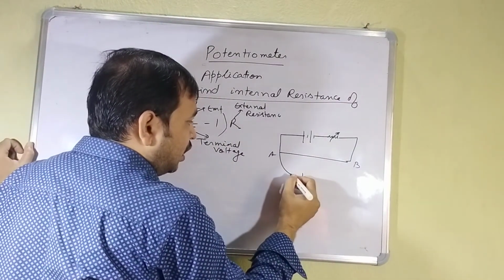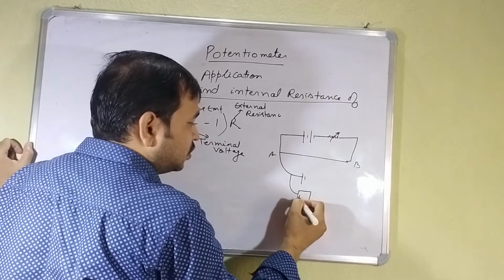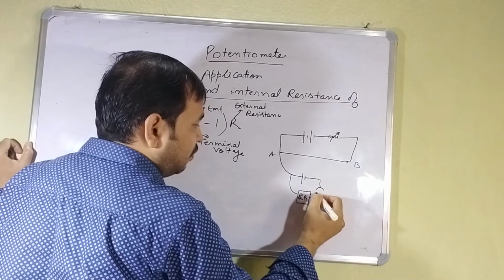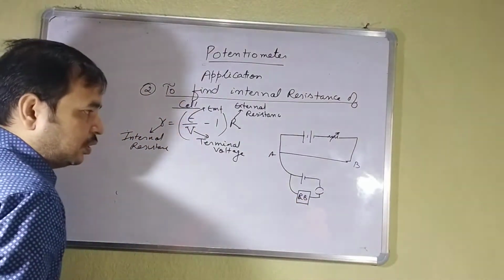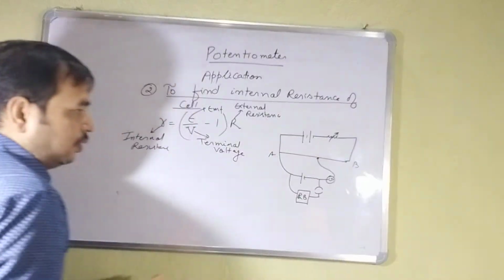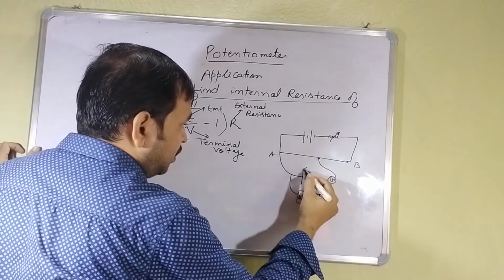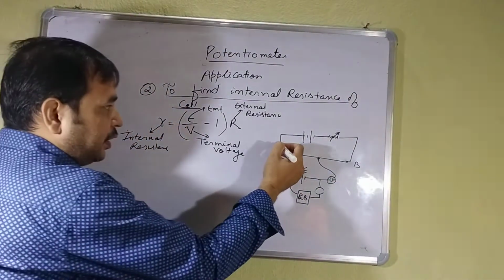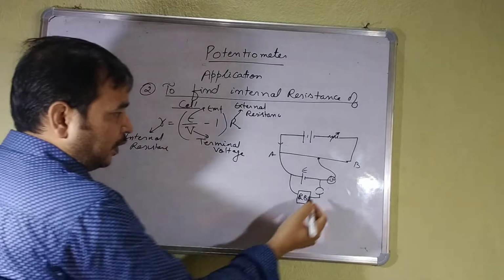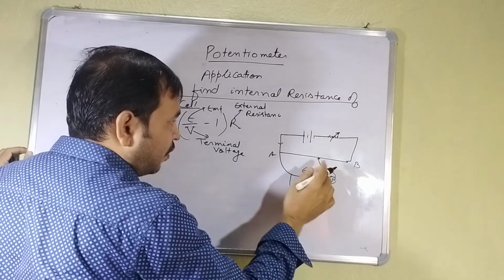So this is the cell, and you have to connect one external resistance. Suppose it is taken from a resistance box, and we provide a key so that we can connect and disconnect this resistance box when required. And this point is connected to the galvanometer and ultimately to the potentiometer wire through the jockey. Now, this cell has EMF E. The key is not closed, it is open. When it is open, you will get a balance point.